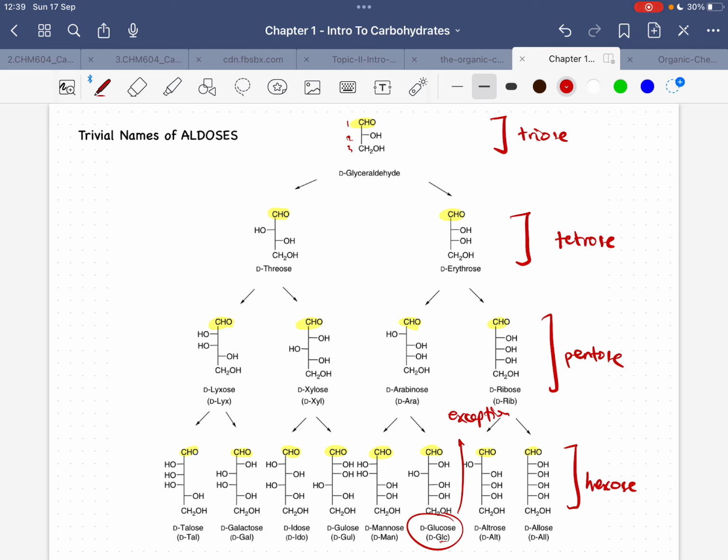Why? What's the reason? The reason is that peptide chemists came first and actually set up and systematized the naming of peptides. And if you're familiar with an amino acid called glutamic acid, it is symbolized as GLU. So, to avoid confusion between peptide and carbohydrate chemists, the carbohydrate chemists just gave way, since glutamic acid came first in the naming convention. So that's why for glucose, to avoid confusion, it was made GLC.